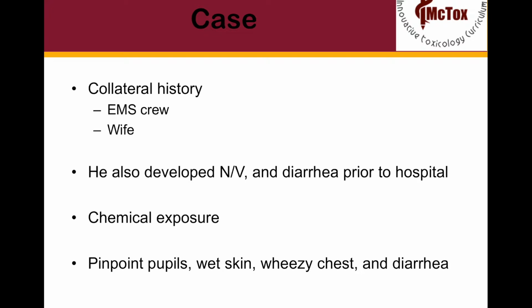Upon completing the physical exam, you find he has pinpoint pupils, wet skin, a wheezy chest, and is passing copious liquid stool. After your history and focused physical exam, putting all this information together gives you a man with a chemical exposure on his farm that smells like garlic and has given him wet skin, a wheezy chest, altered LOC, vomiting, and diarrhea. Your differential diagnosis is pretty short at this point and contains only cholinergic toxicity.